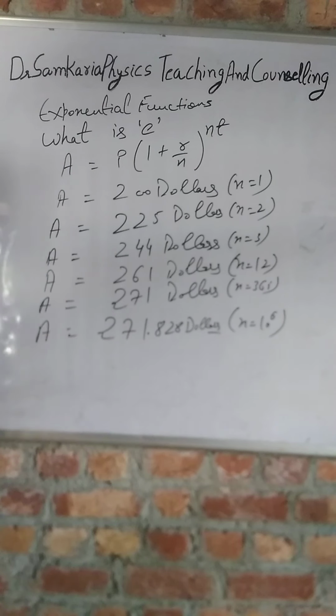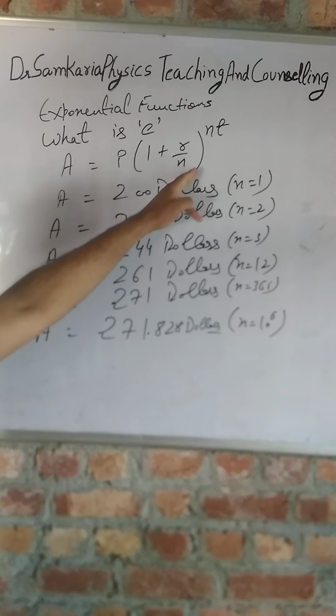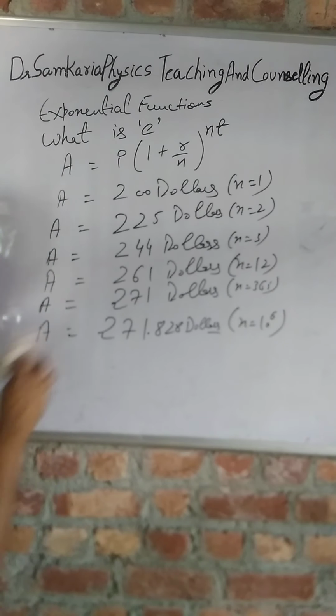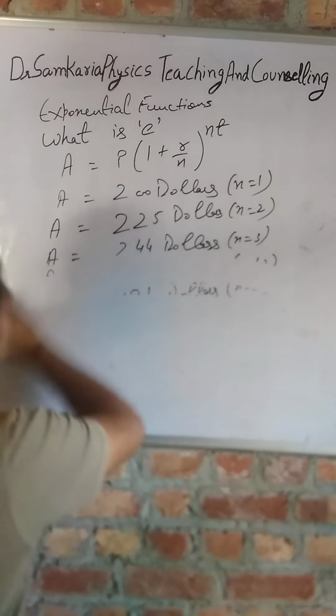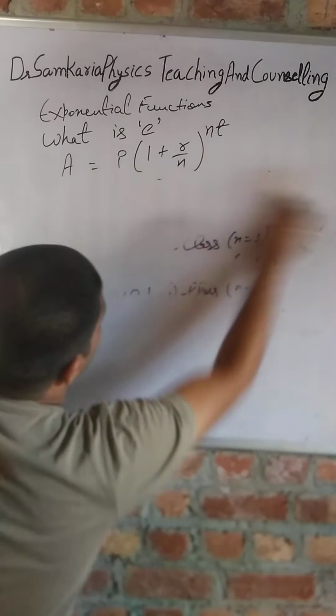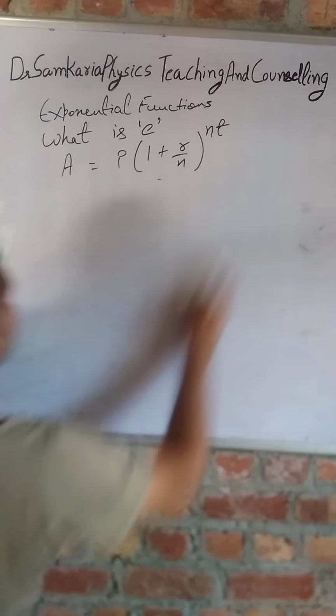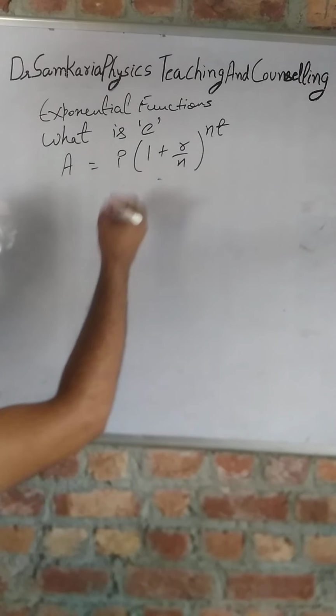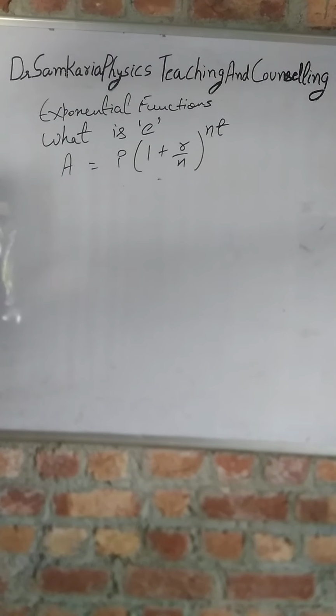So it does not mean that if you compound for smaller and smaller intervals, you will get infinite money, because many people will think that if I approach n equal to infinity, then I will get a is equal to infinity. This is not possible, and this was first done by Euler. What Euler did? Euler gave the formula for this, because with this formula I am taking n larger and larger, and I am getting larger and larger a's. So what is the maximum value that you will get of this compounded amount?